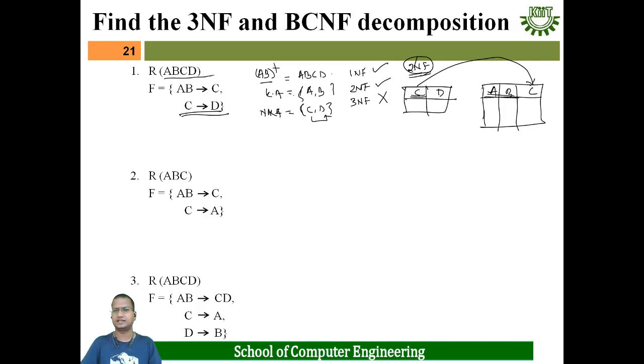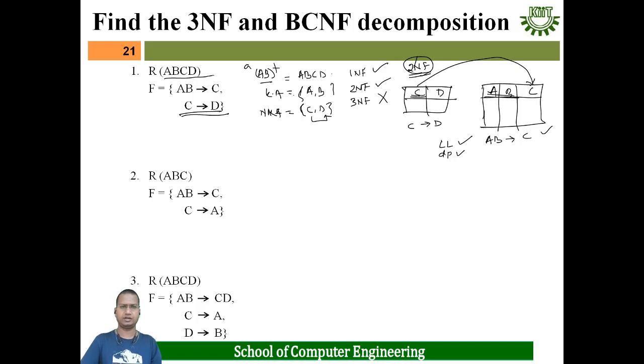Okay. In this case AB determining C is a present functional dependency. In this case C determining D is present. That means this is a lossless join decomposition. C is a common attribute and C closure is equal to CD. That means it is a super key for this relation. That means the lossless join decomposition is satisfied, as well as the dependency preservation. All the dependencies are directly preserved. This is your 3NF decomposition. Okay.